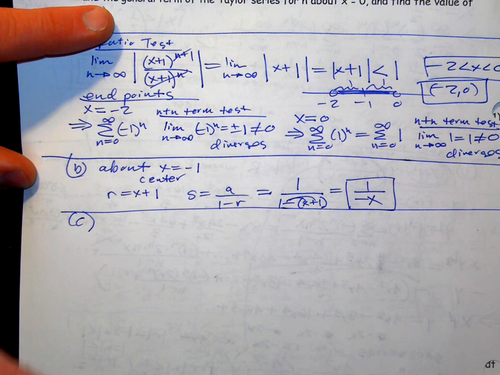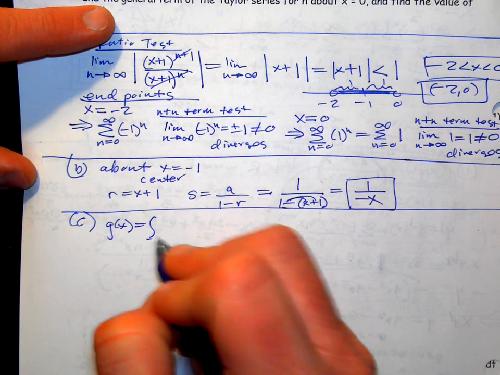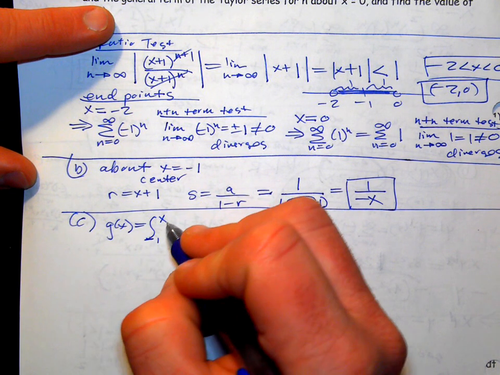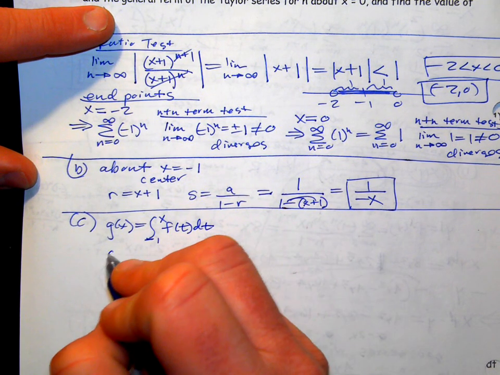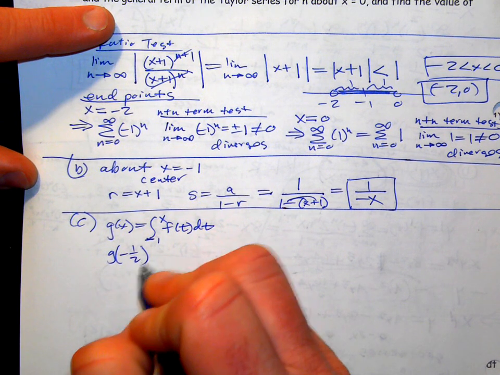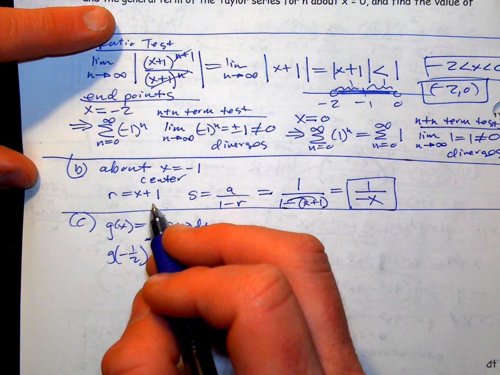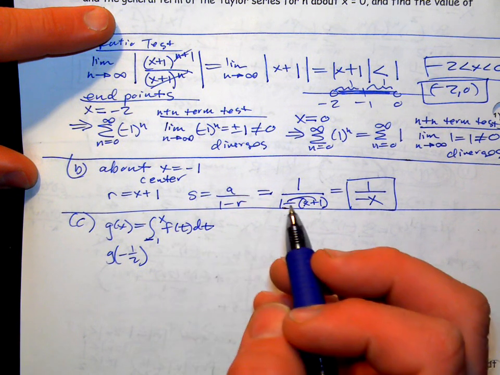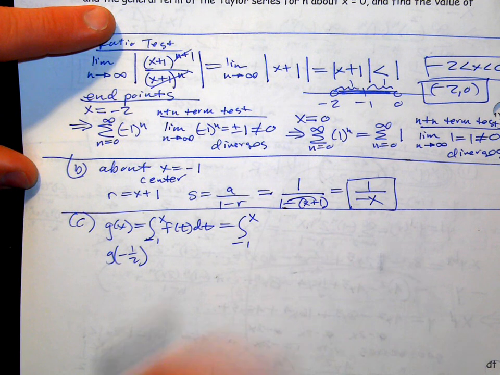C, let g be the function defined by. G is a function that's an integral of another function, which is something we started seeing in Calc AB, but now we're seeing it with series quite a bit. And they want you to find g of negative 1/2, if it exists, or explain why g of negative 1/2 cannot be determined. So maybe we should first try this, negative 1 to x,